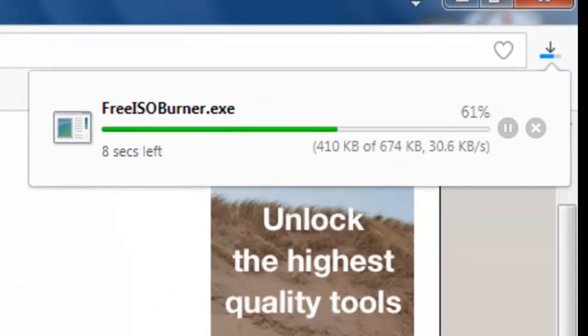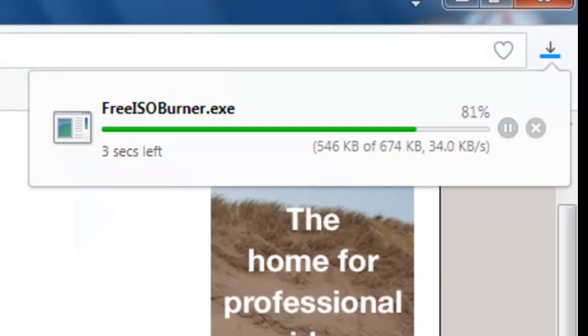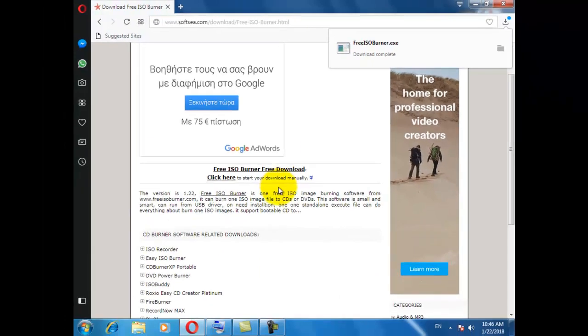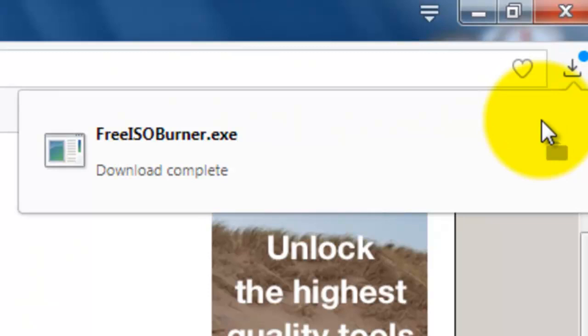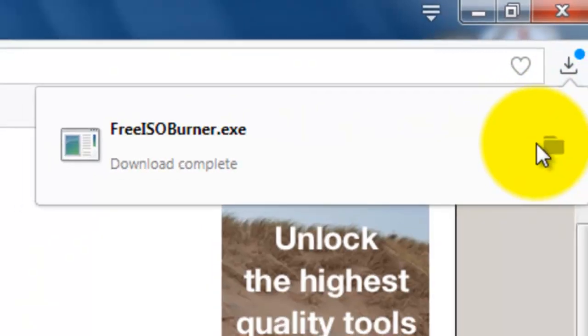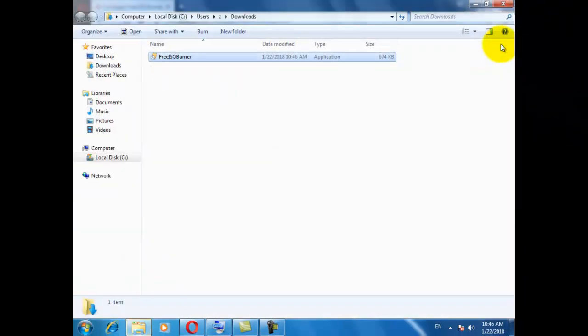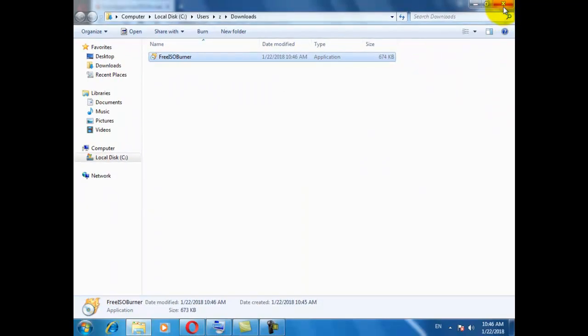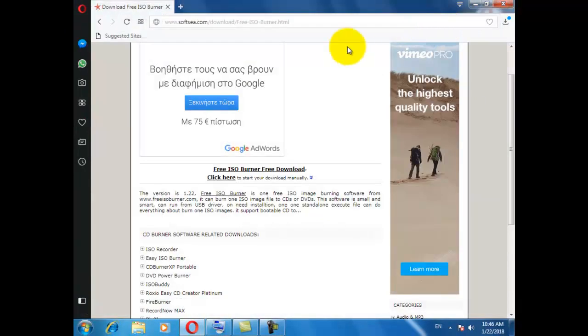We're gonna use it in the next step. This is the icon of free ISO burner software.